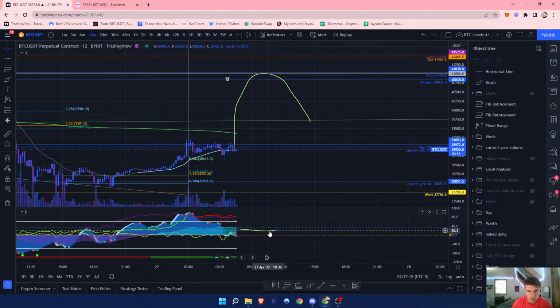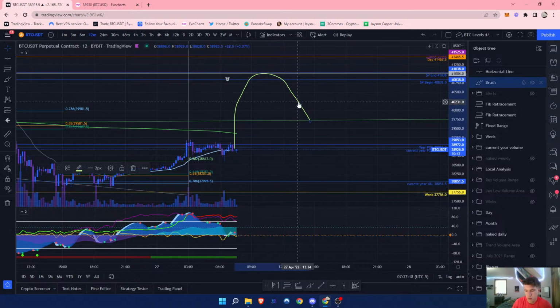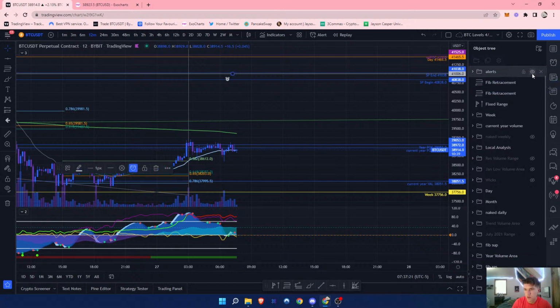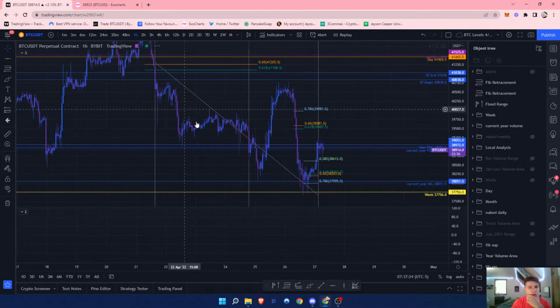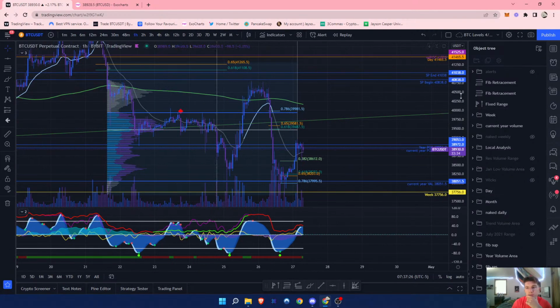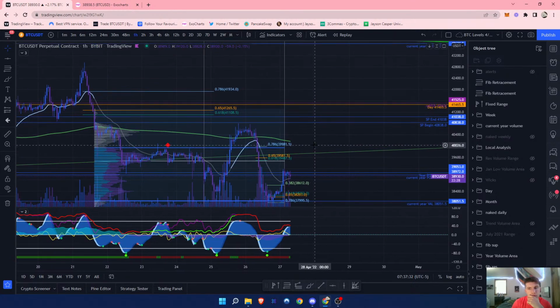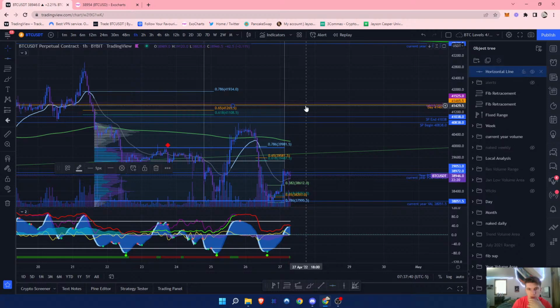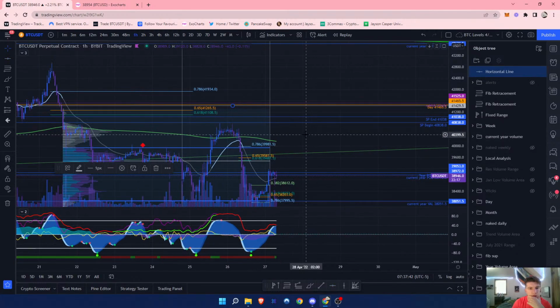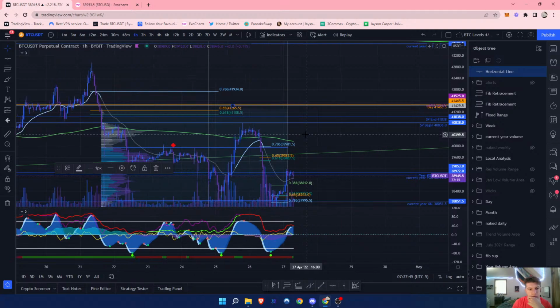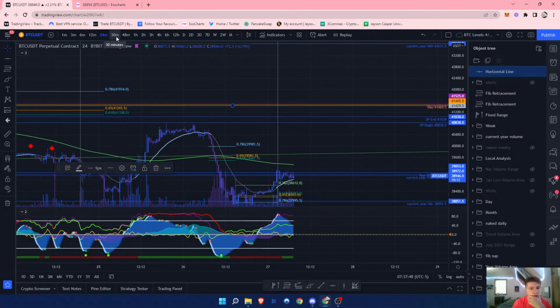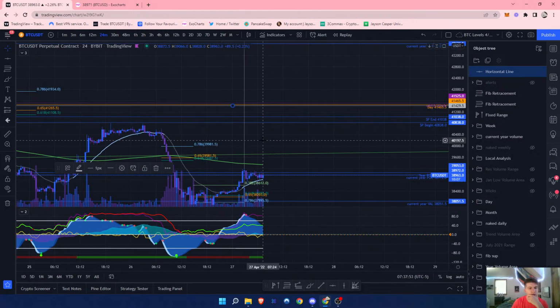And let me just clean up my chart here. All right, so that's short number two. Can probably go to a higher time frame. Really the next thing I'm looking at is short right here, 41,500. So I'll add a horizontal line on there. And really, this could be a 24-minute divergence